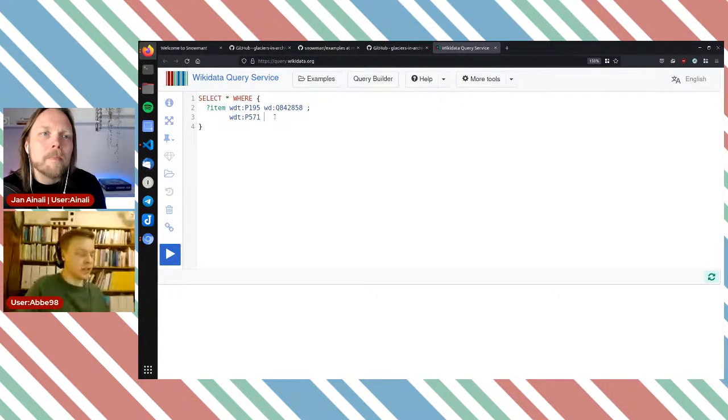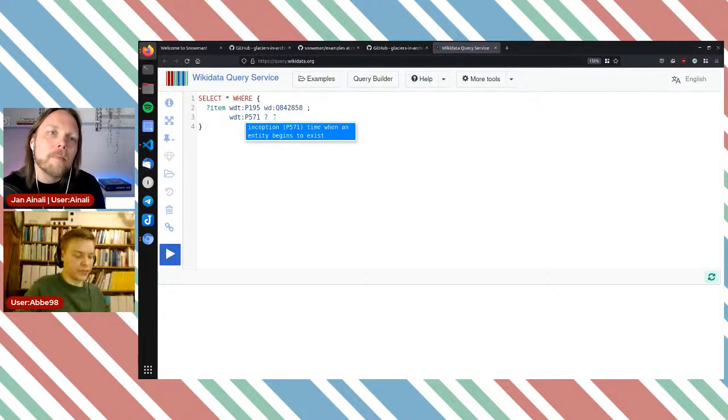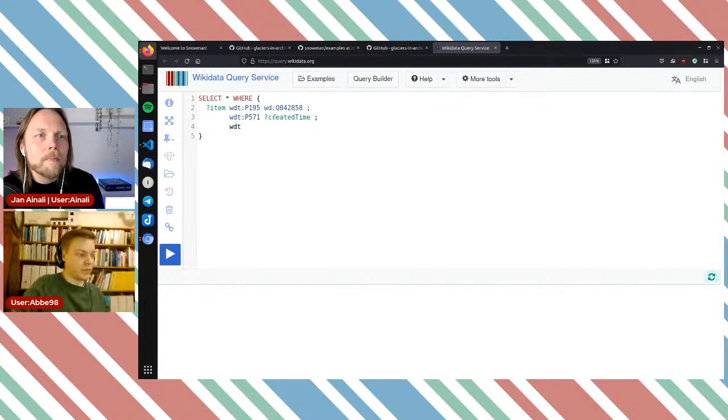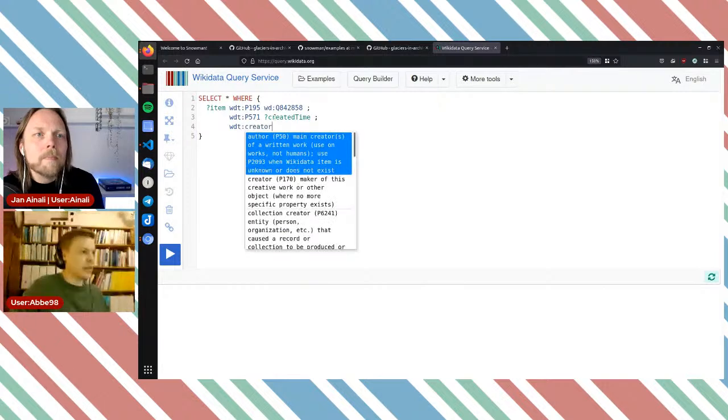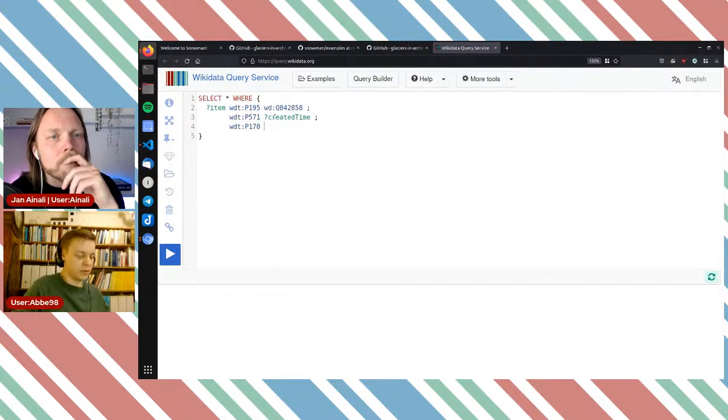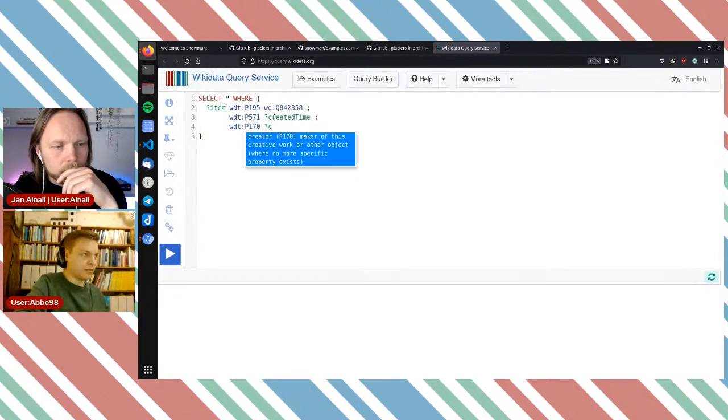So I got inception here, and let's call that created time, and creator. I think we need to select the right one if I remember right. P170. And we can call that creator.